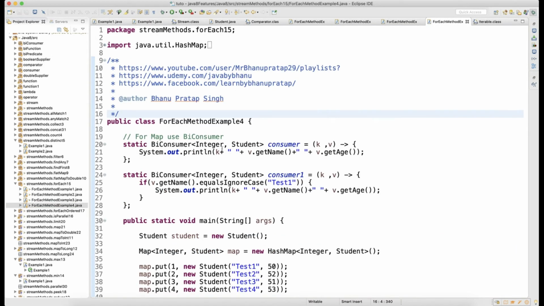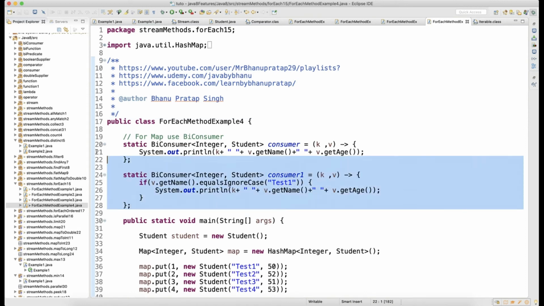The last example, example number 4. So in this example number 4, if you look, I have used BiConsumer here. Okay, I have created two consumers because I'll be working on the map. Since I'm working on the map, I need to use BiConsumer, guys. Because in a map you have key value pairs, and when I was talking about the BiConsumer functional interface long back in my very starting video, I told you how to write a BiConsumer. I also told you how you can process your map. So the same thing I'll do here.